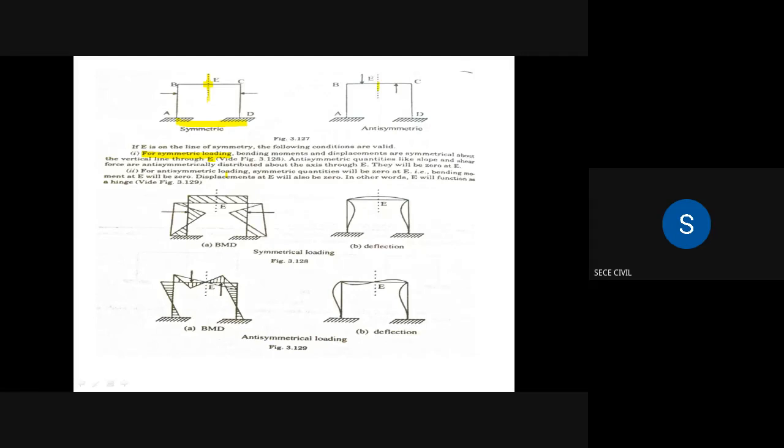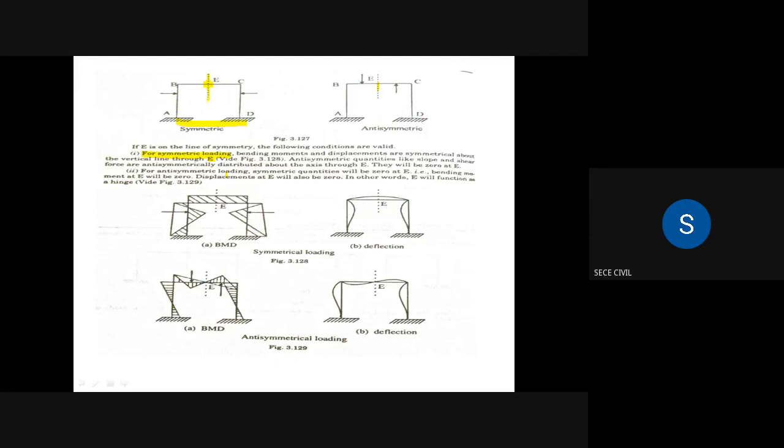இப்போ அந்த மாதிரி கேசஸ்ல சிமெட்ரிக் லோடிங்கா இருந்தா, பெண்டிங் மூமெண்ட் டு டிஸ்பிளேஸ்மெண்ட் சிமெட்ரிக்கல் அப்படிங்கிறாங்க. அடுத்து ஆன்டி சிமெட்ரிக்கல் குவான்டிட்டிஸ் லைக் ஷியர் ஃபோர்ஸஸ் அண்ட் ஸ்லோப் வில் பி ஜீரோ அட் தட் பாயிண்ட். லைன் ஆஃப் சிமெட்ரி சூஸ் பண்ணிருக்கோமோ அந்த பாயிண்ட்ல ஷியர் ஃபோர்ஸஸ் ஸ்லோப் ஜீரோ. For symmetric frame and for symmetrical loading, shear forces and slope will be zero at the point of